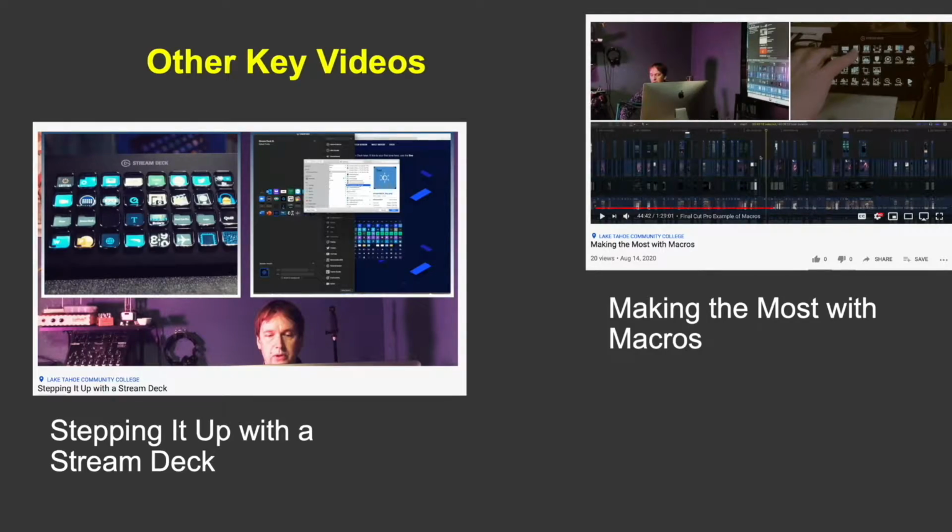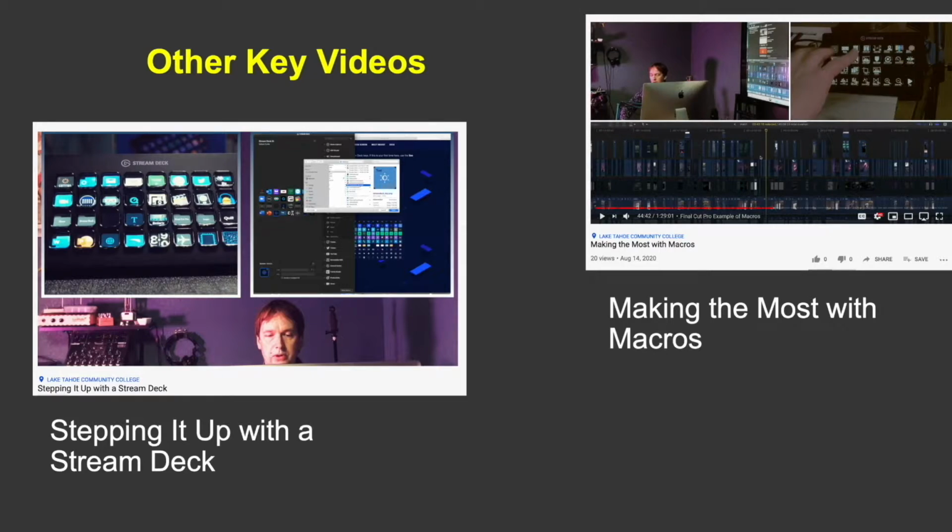Now, there are two other key videos you might check out. One is called Making the Most with Macros, and that talks about taking command of your workspace using things like the Elgato Stream Deck, which are incredibly handy in terms of turning your space into a more powerful one with key commands and keystrokes and hotkeys that allow you to do some powerful things in real time in meetings and applications and the like. And the second of those videos is called Stepping Up with a Stream Deck, and that